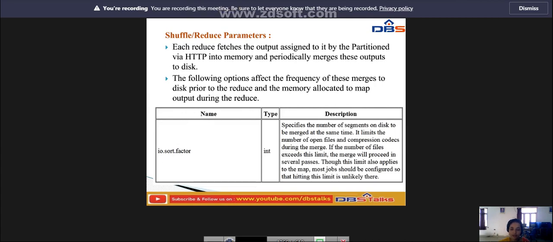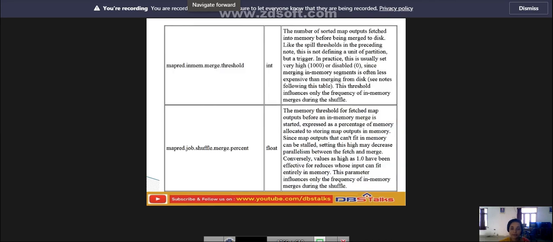Whenever the data increases and becomes large, in order to reduce the memory, multiple splits will be decreased by merging the data. So first we are going to shuffle that data. After shuffling that data, we are going to reduce those parameters. So this is called shuffle and reduce the parameters. These are the different input and output functions which we explained in the last video.